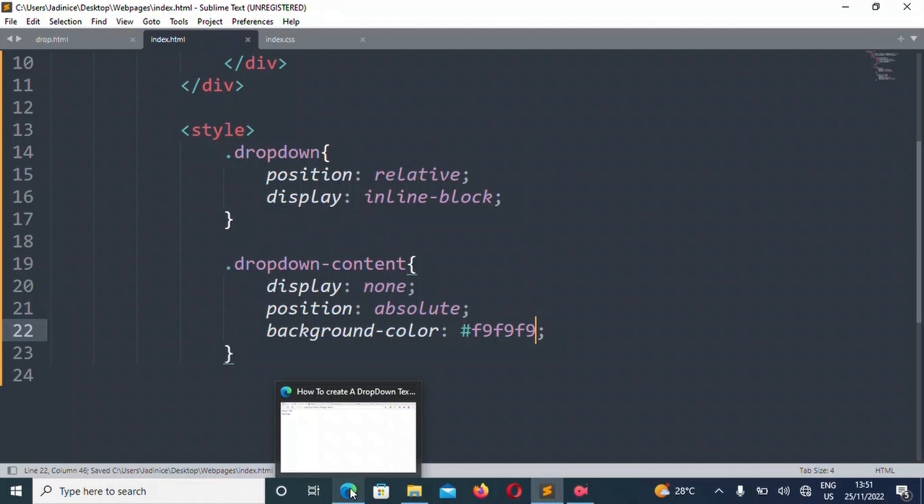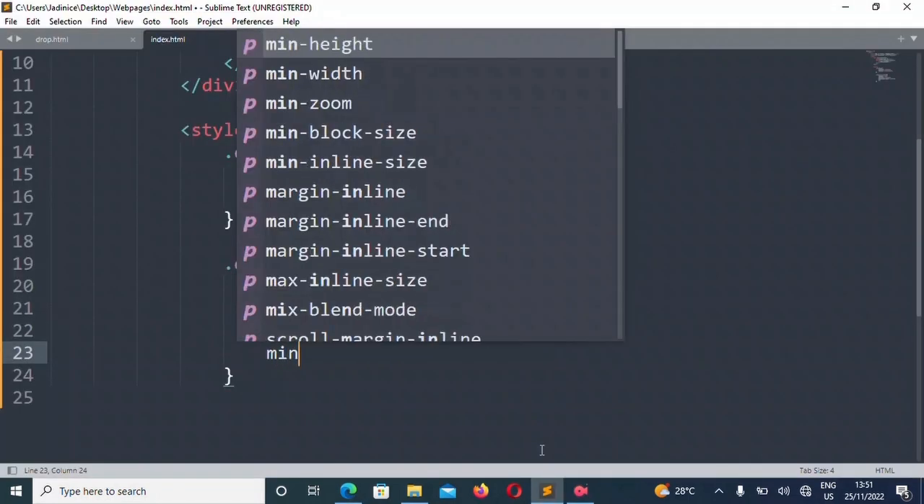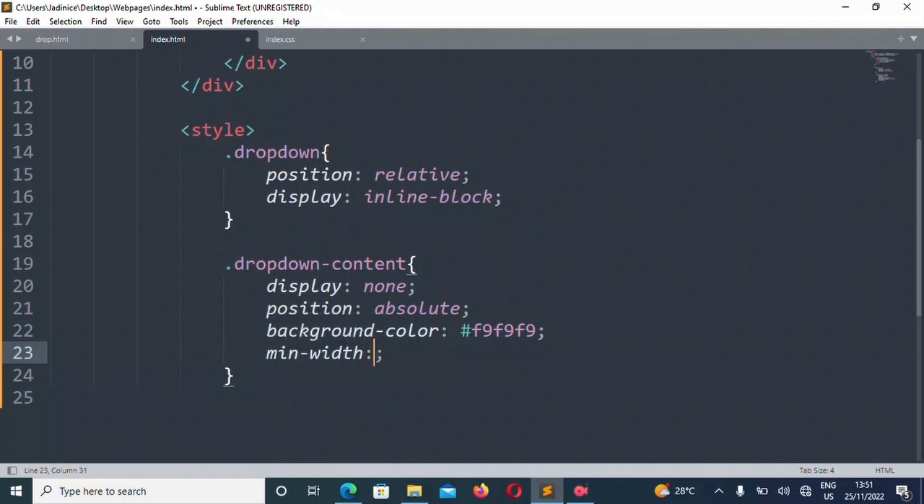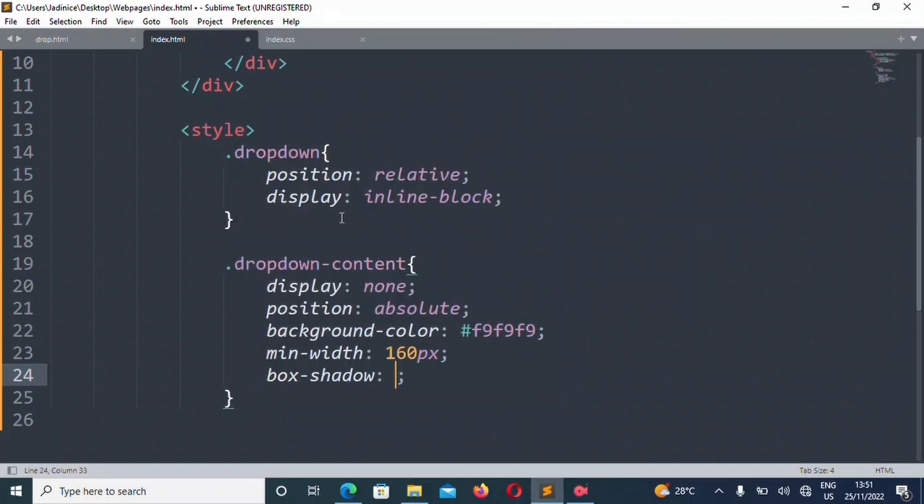We'll save that and then we'll refresh and see it. It's invisible, and the width 160 pixels, and the box shadow will be 0 pixel, 8 pixel, 16 pixels, 0 pixel,